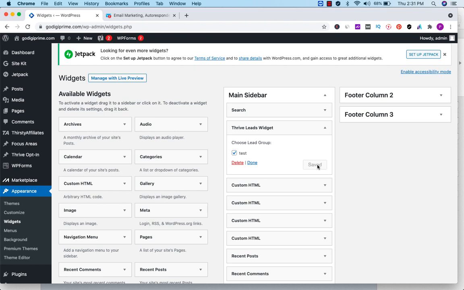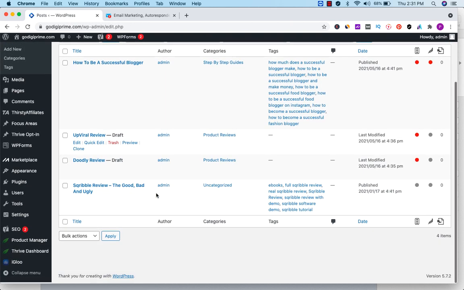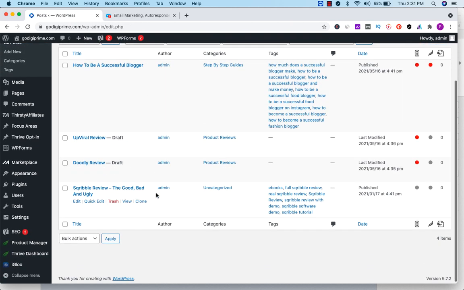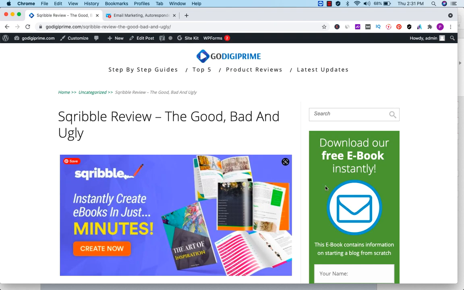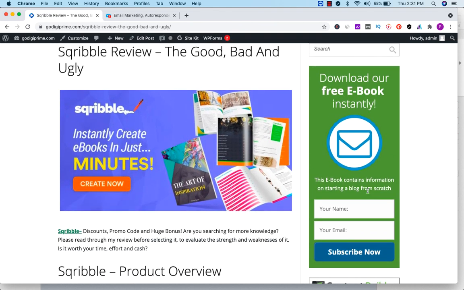Let's check and confirm the same. Go to our posts, click on any post here. Let's say this one, click on view. Now you can see your form is shown here, which in the backend is connected to GetResponse. Once you fill in name and email ID and click on subscribe now, you can check on your GetResponse and the email ID would have been added. What to do with these email IDs? Let's keep that topic for our next video.